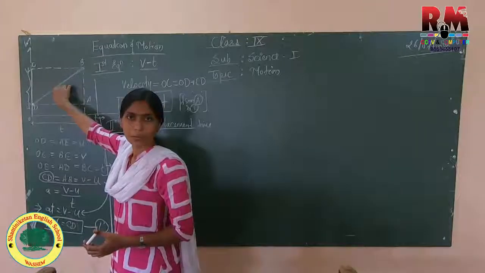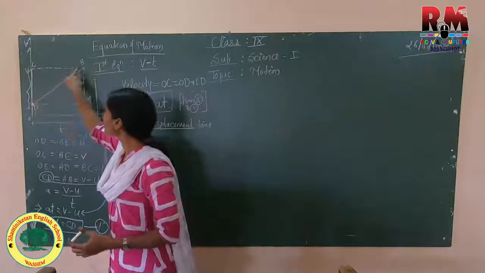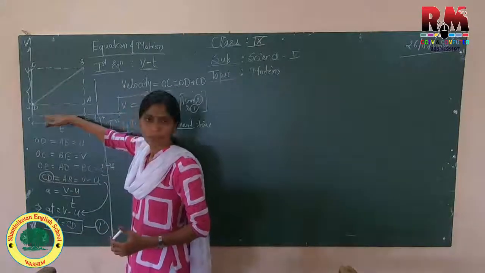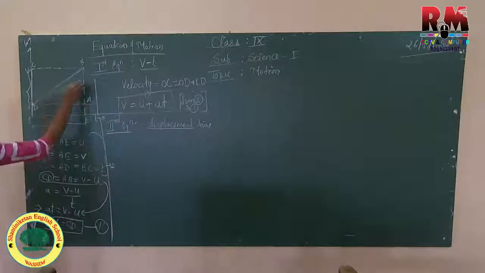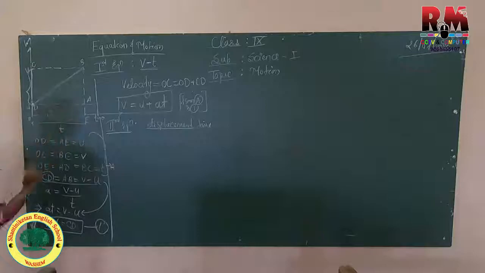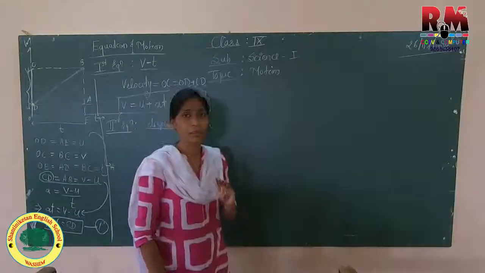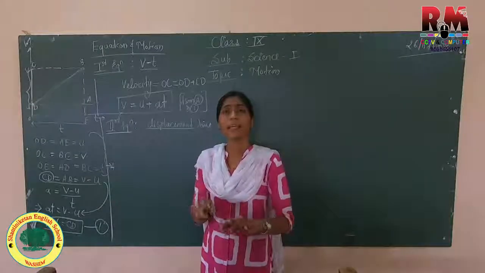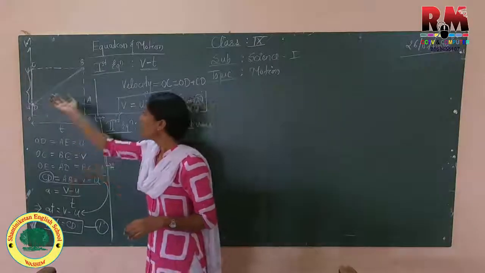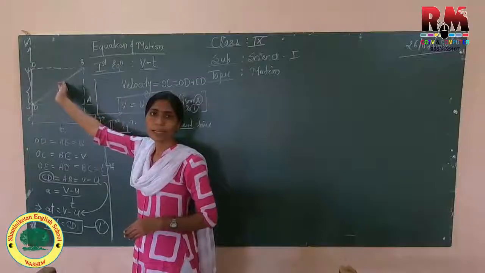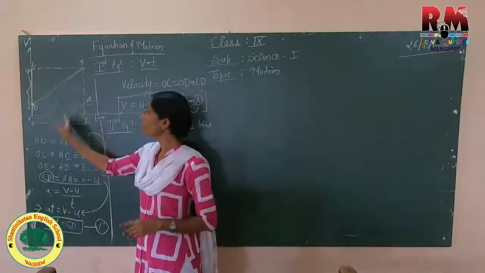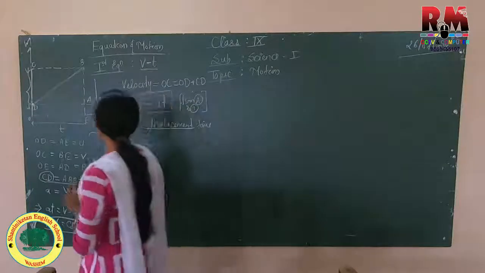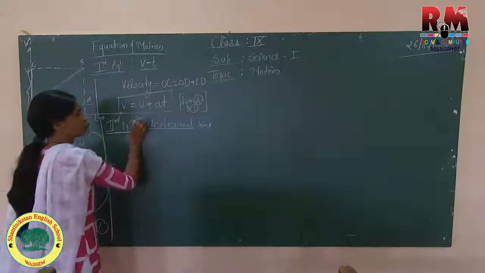Between that particular point, if you want to find this distance covered BD, you have to consider this area. Okay, so this is the area. I hope you have understood why I took one of the problems with the graphical method. By finding both answers we prove that if you want to find distance, where the graph is between velocity and time, we use the area under that particular region.